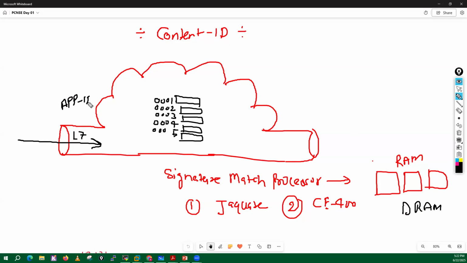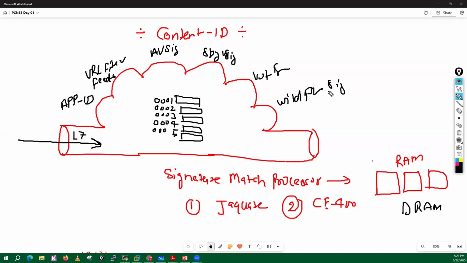So here we have application signatures, URL filtering feeds, antivirus signatures, spyware signatures, vulnerability protection signatures, and wildfire signatures. All those signatures are available inside this particular Jaguar chip in different ways.